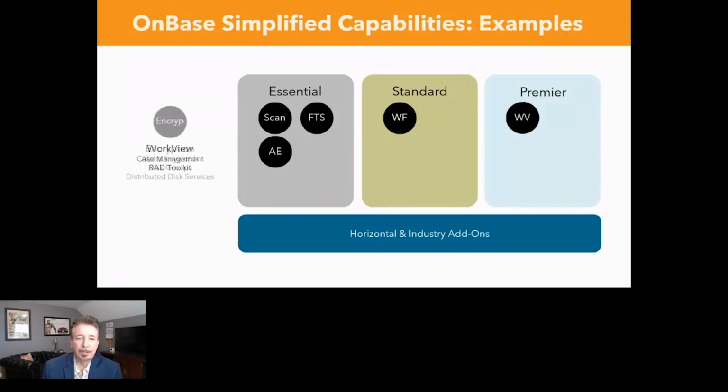Next is encryption, the ability to protect your data. You might be familiar with distributed disk services. OnBase also has alpha keyword encryption and disk group protection. Super important. Super important means it's in the core. So you get that automatically. Mailbox importer, the ability to set up a designated email box or boxes where anything that comes into it is going to be automatically, without human intervention, captured and processed into OnBase. That email and attachments or both. And keyword there was processed.